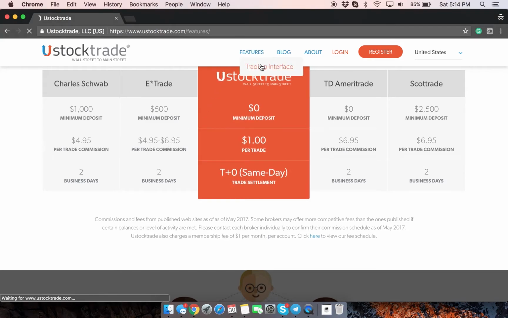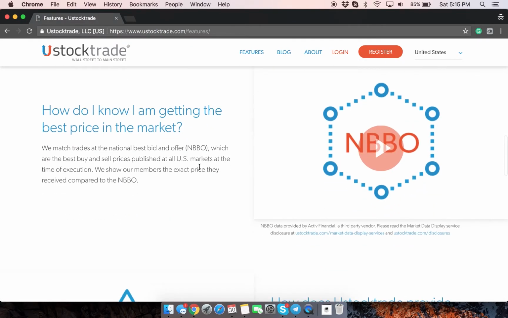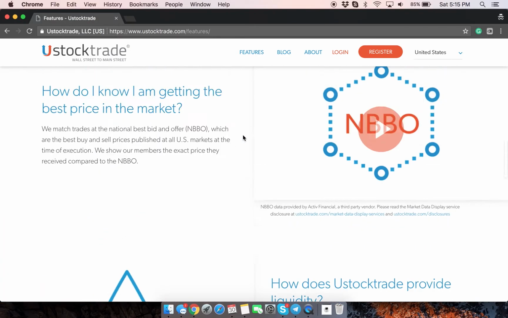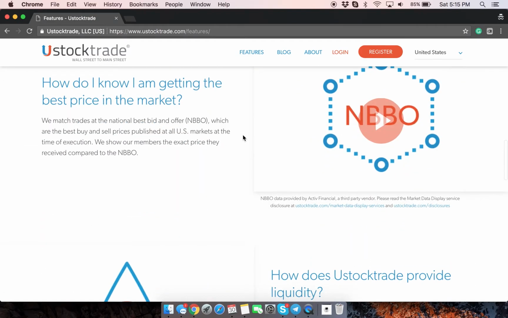So let's see if I can see their trading interface. There we go. So it doesn't show anything, but